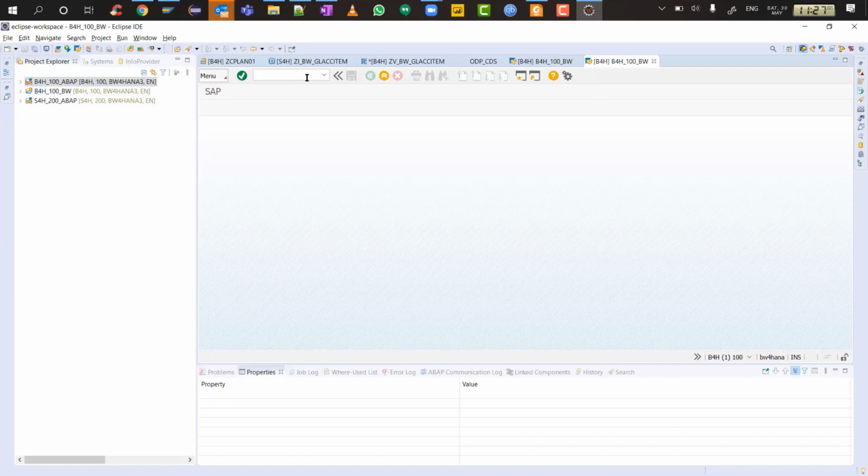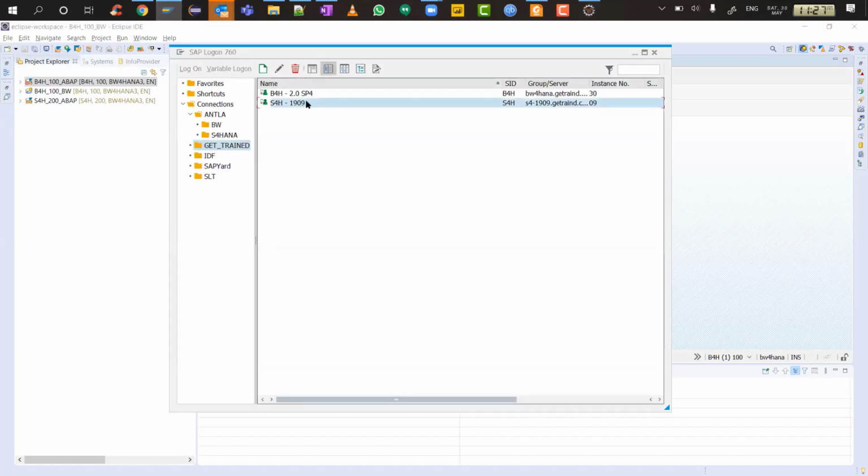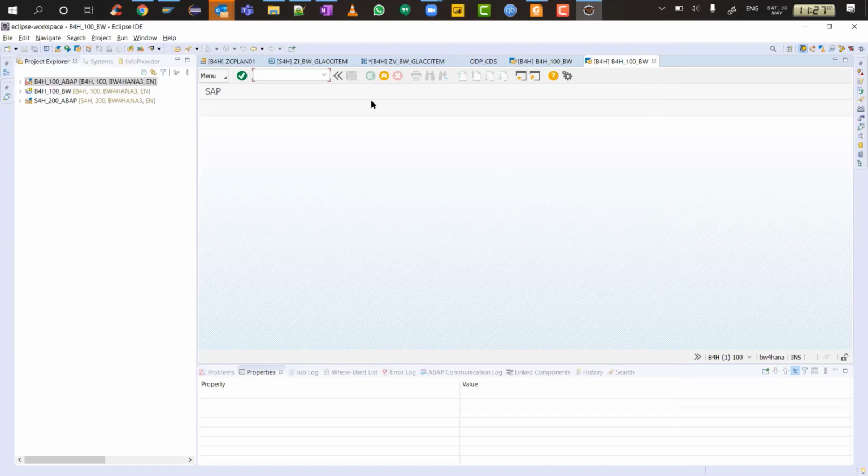So this is the transaction code, Control 6, and then choose your project. You are inside your T code based GUI. So my one takeaway is you never have to go back to the GUI and log in. I would not say never say never. You probably might have to for some reason, but 90% of the time you can do your stuff within Eclipse. So I'll go to RSA1.